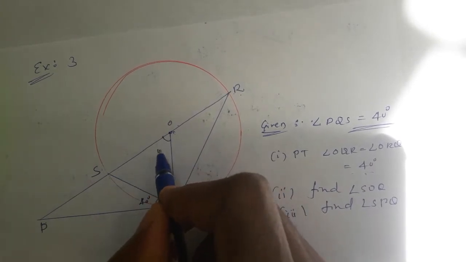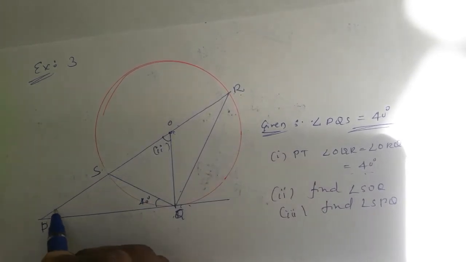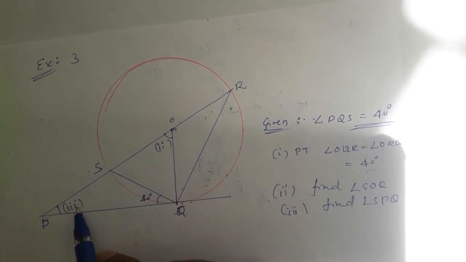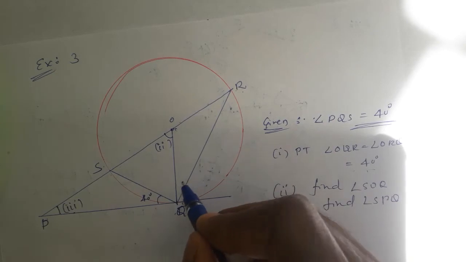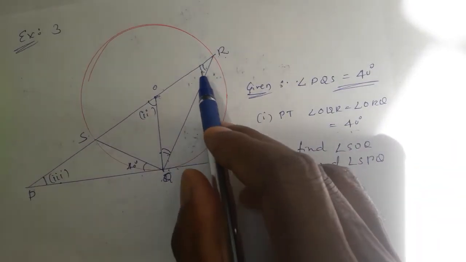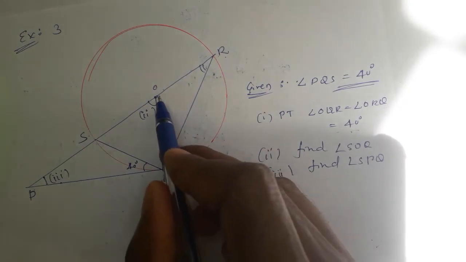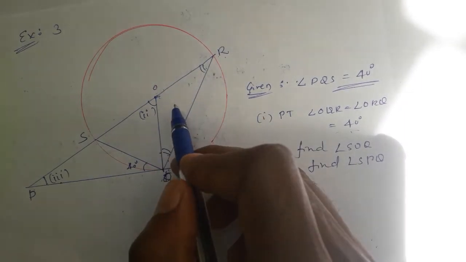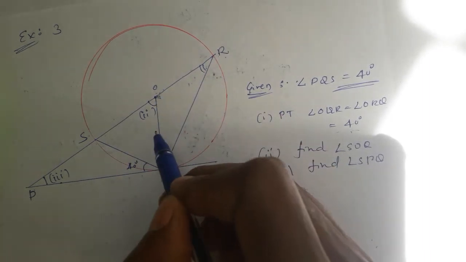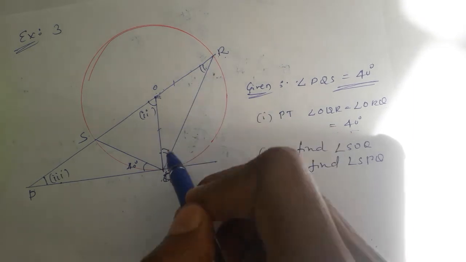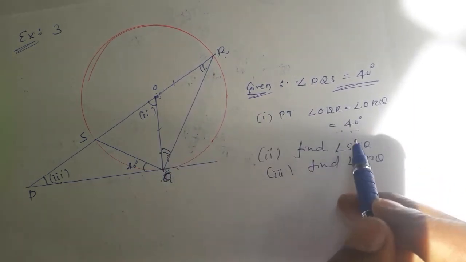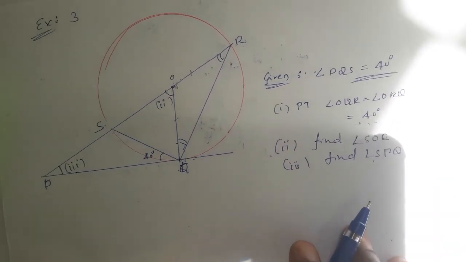SOQ is the second question. Another one is the third sub-question. Second sub-question, third sub-question, and these two we need to prove as equal. That means this angle is equal to this angle. We know that because this is an isosceles triangle. When two radii are there in any triangle, it makes an isosceles triangle. OR and OQ both are radii. Then the angles are definitely equal. But they told us these two are equal, and you have to prove it as 40 degrees. Then two more angles you need to prove.